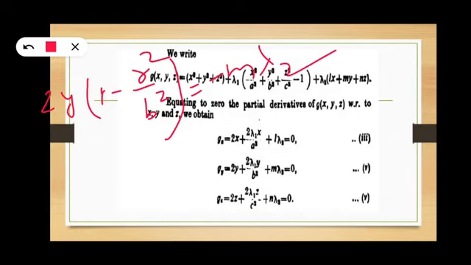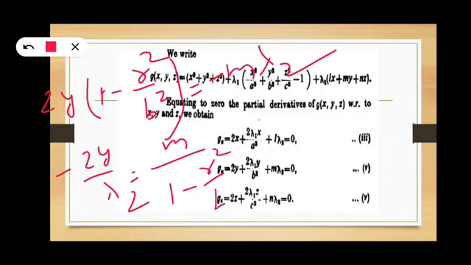So if you write here 2y by lambda 2 is equal to, writing the minus on the other side, m by 1 minus r square by b square. So now what we got is minus 2y by lambda 2 is equal to m by 1 minus r square by b square. If we substitute lambda 1 equal to minus r square in equation 5, then we get minus 2z by lambda 2 is equal to n by 1 minus r square by c square.